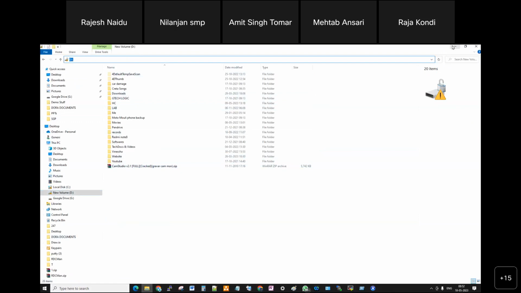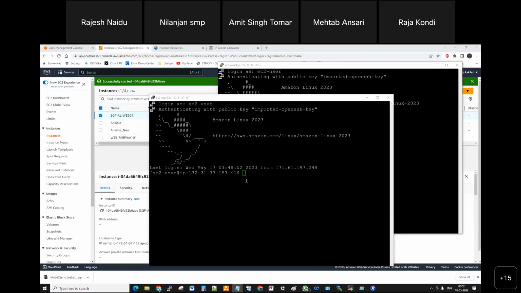But in your Linux machine, this information will be shown to you. So you are currently in this location. But how can you find the exact location? There is a command called pwd.